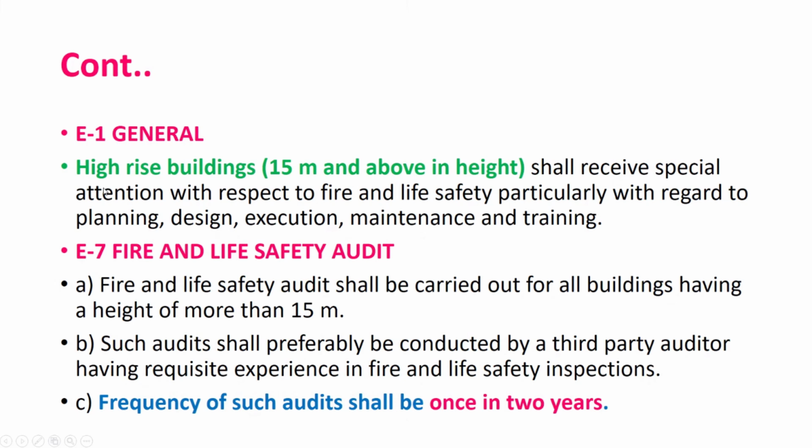Very important, this provision, I am reading this. The approach to the building and open spaces on all its sides. Now just imagine, suppose there is one building. We have to have open spaces on and around the building itself, not less than 6 meters in width, and a turning radius has to be minimum 9 meters. Why is it required? Because it should have a provision for fire tender movement on and around the entire building area. So please ensure the 6 meters in case it's a high-rise building.